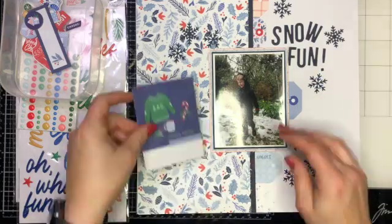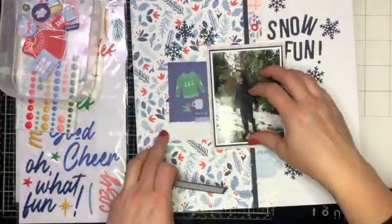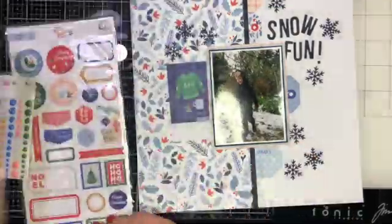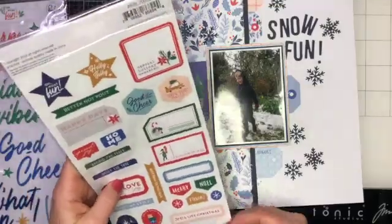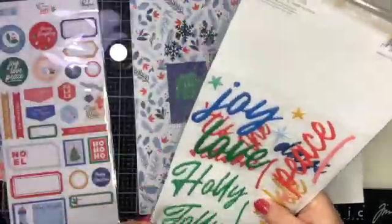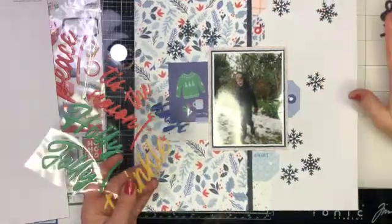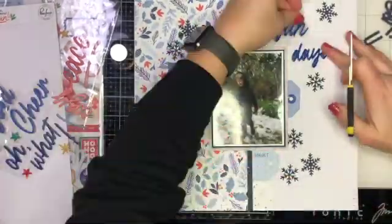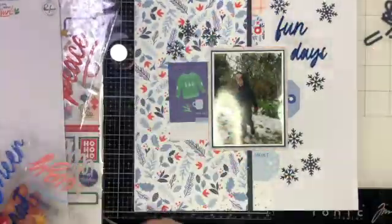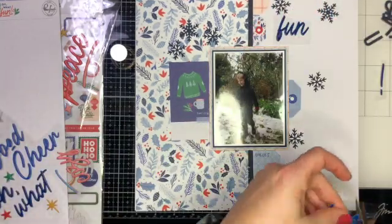Then on day 6, it was to use a pre-made word or title. So you'll see that Snow Fun is going to move, and also to include a pocket card on the page. There were pocket cards included in this collection, so I did go ahead and use that one with the snow jumpers and the little mug of hot cocoa. I've just tucked that under there because I think it says feeling festive, and so it wasn't about being festive, but I'm just going ahead and trimming out these